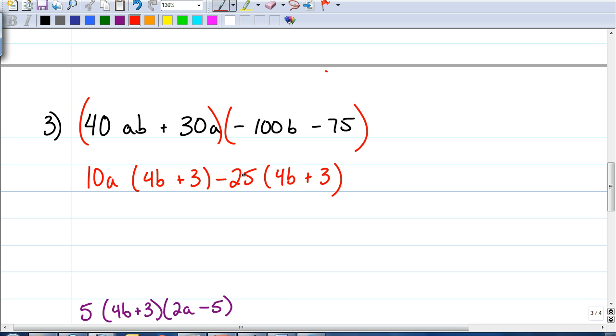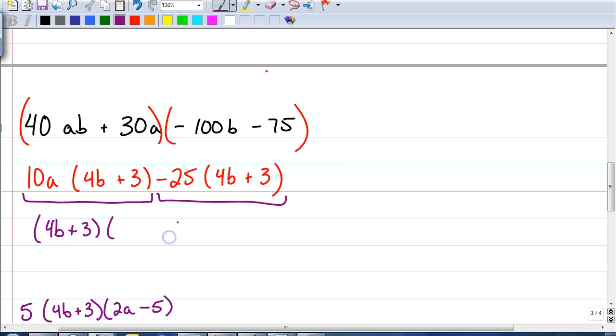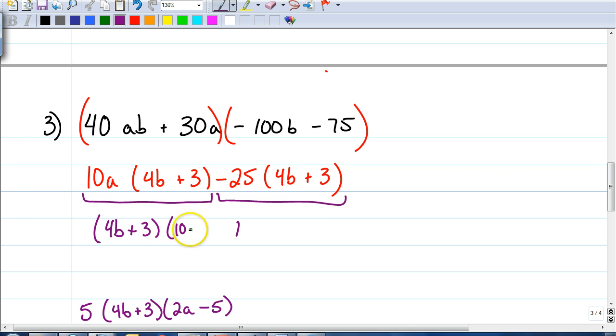Okay, so now between the first term, the 10a plus 4 times 4b plus 3, and the negative 25 times the 4b plus 3, they both have a 4b plus 3 in common. But I'm left with 10a minus 25. Now remember yesterday we talked about how we always want to look before we say we're finished and